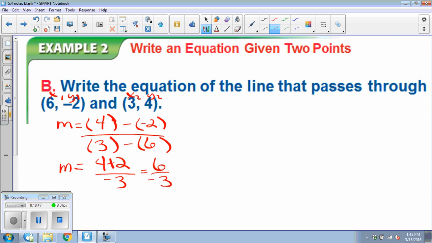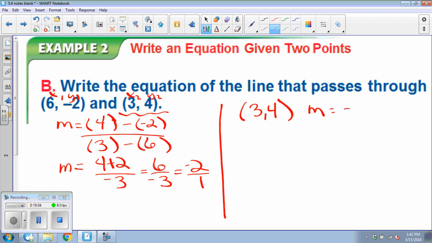So that's 6 over negative 3, which is negative 2 over 1. So, you could pick either point. I'm going to pick that one because they're both positive. Okay? So, m is negative 2 over 1